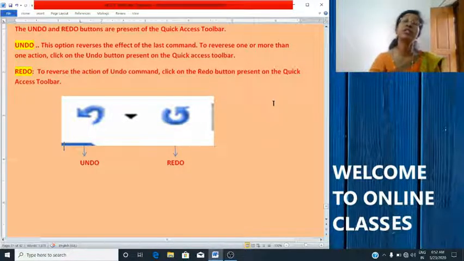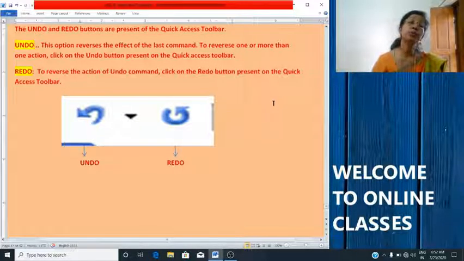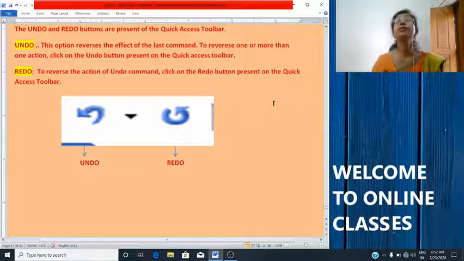Or, from the first example, deleting text: by undo you have deleted the paragraph. If after deleting you find you want this paragraph back, then you can press the redo button.